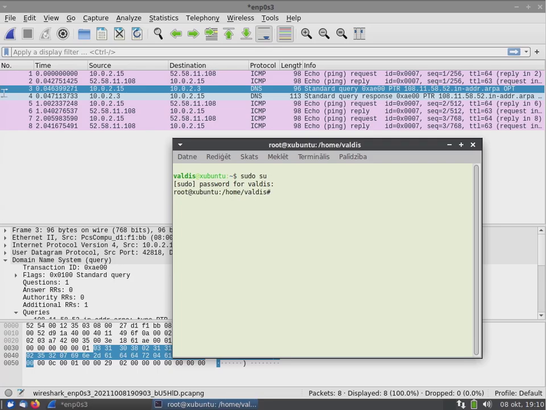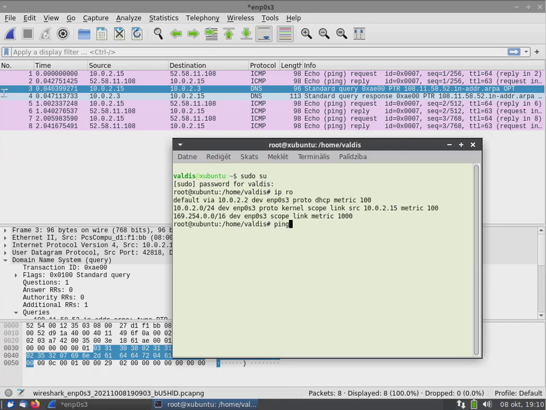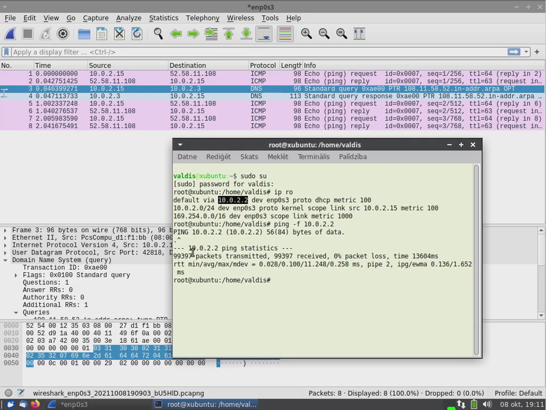Another thing you can do is, for example, check how fast your network is. Then you need to be root user or administrative user for this. You can say something like ping with the flood option. Okay, let's check what the IP routes are. Flood means send packets as fast as possible to this router. And it increases the number of dots if the number of sent packets is bigger than the number of received packets. And then we can check, for example, how quickly it works, and 0 packets are lost.